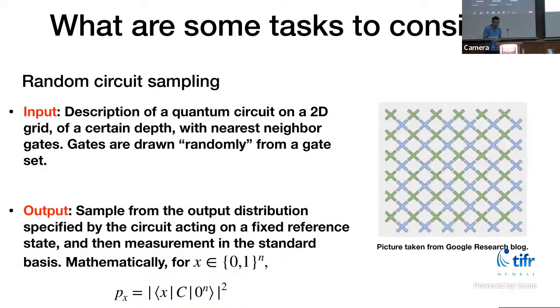So what is the input? The input is the circuit description or just this? The circuit description, meaning the location of the gates at each position for this lattice and for each depth instance. This circuit description is given as a sequence of bits, like a classical string, let's say. But the description is randomly generated. But then the quantum computer is supposed to adjust its gates to conform to the specification.